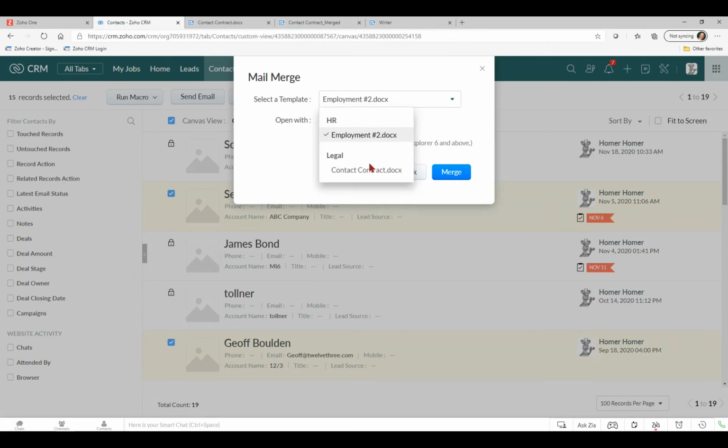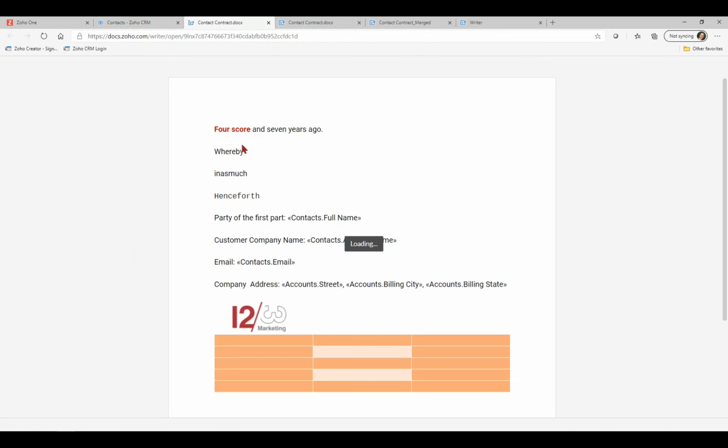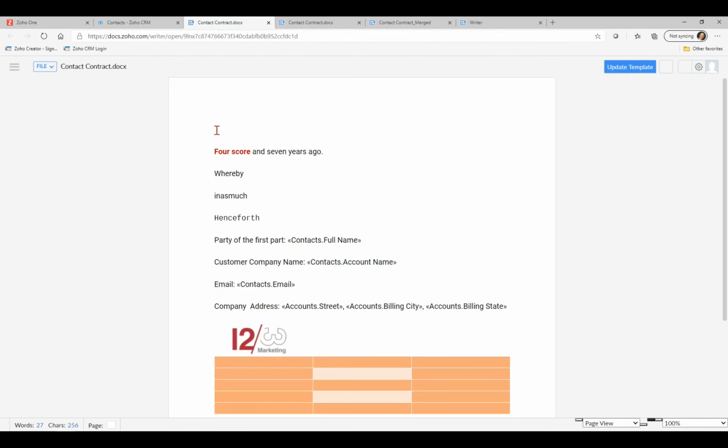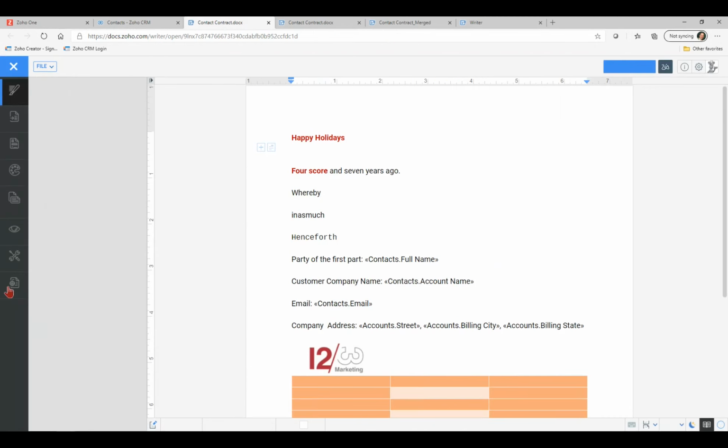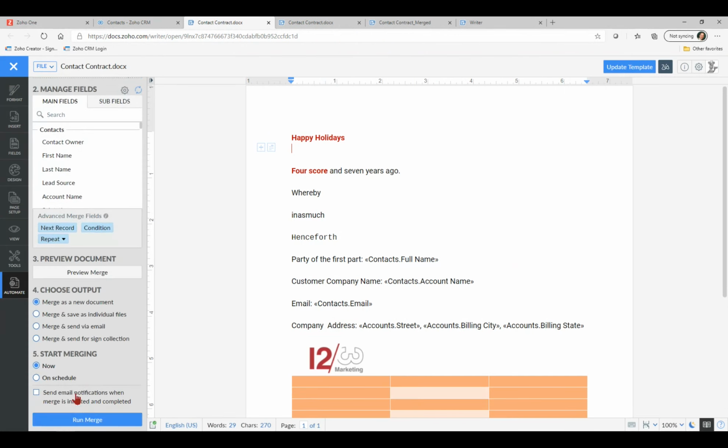So again, I'm going to pick my contract. I'm going to do a merge. It's going to bring up the template. I want to modify the template just a hair and say happy holidays. If I hit update, that template gets permanently saved. Otherwise, it's just for now. Still waiting for my hamburger to come live here. I had to make a save, and then it has to load up those 19 contacts. It can take a second. So when I go to automate, and I complete the merge, and I start merging,